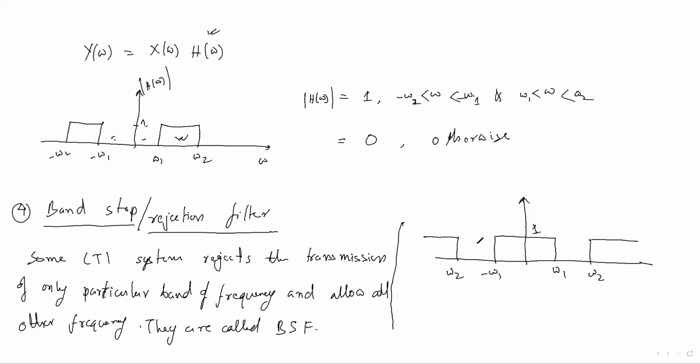It means it rejects some band of frequency. Rejecting a band of frequency means it rejects all the frequencies that fall in the range of omega 1 to omega 2. Understand? So no need to write more, it will make you confused. You should know the concept: any frequency coming between omega 1 and omega 2 will be rejected by the band stop filter. So what will be the mathematical definition of H of omega?